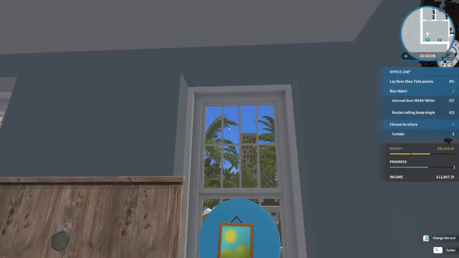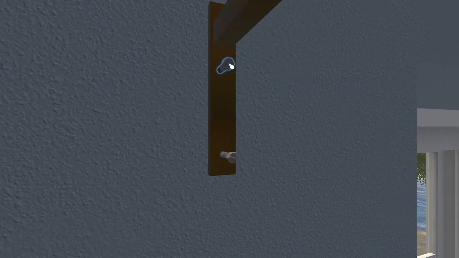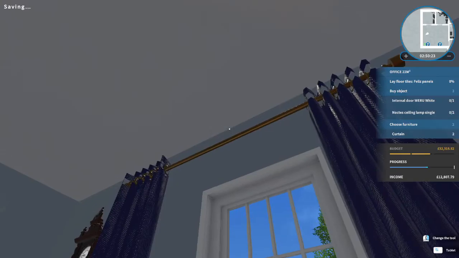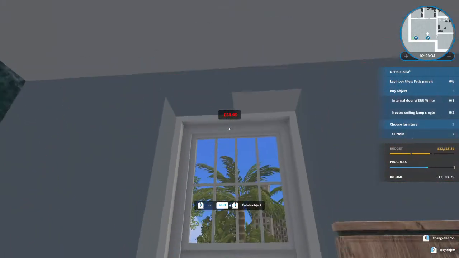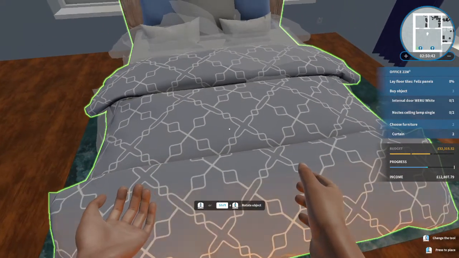We're going to have to move the bed, aren't we? Let's put that one up and see what we think of it when it looks up. And then I think we're going to have to move the bed to be able to get the curtains on the other two. Yeah, that will work I think, but we're going to have to move the bed forward, aren't we, to get these to fit. So it's the Emmons dark coloured narrow curtains and we're going for it in the dark blue. And the bed is too close to the...